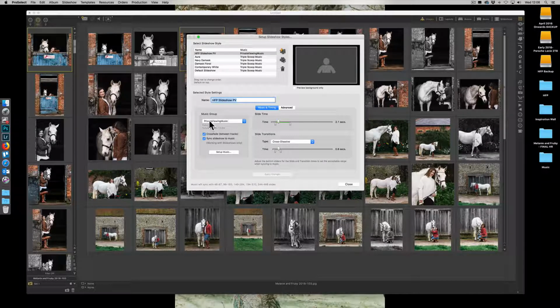I've already got my music that I've created, so I know that that's the right music group. I do have crossfade and sync slideshow to music ticked, but what I also do is I have it 2.1 seconds each image on screen and 0.8 for cross dissolve. Play around with this, see what works for you, but you want